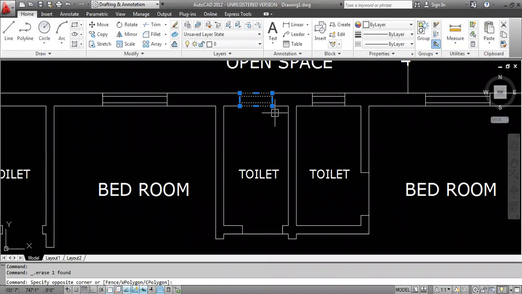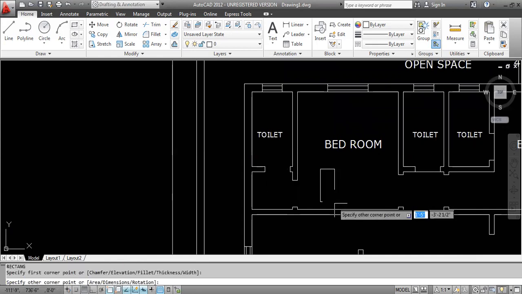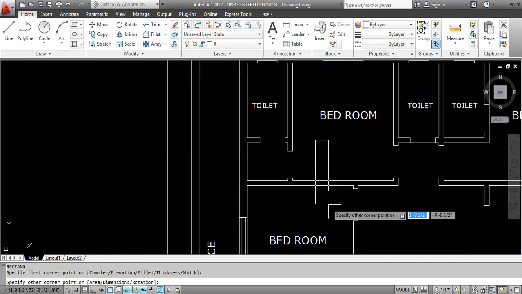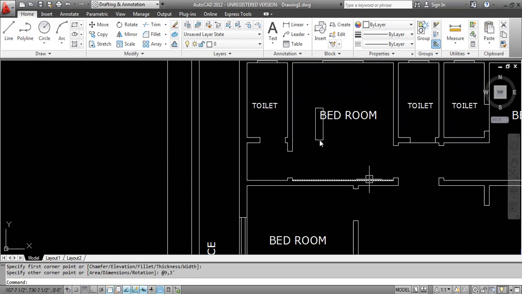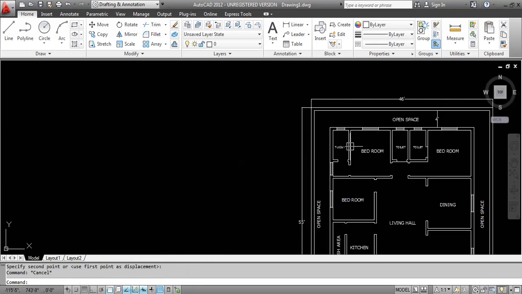Okay. We have to give a ventilator here also. And here we have to show one window. Now I am giving here 9 inches and comma 3 feet. We have to show one small window over here. Again multi-line. Okay, for this bedroom we are showing two ventilations. Here it will come brightness and here also it will come brightness.